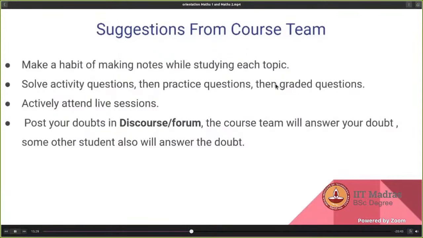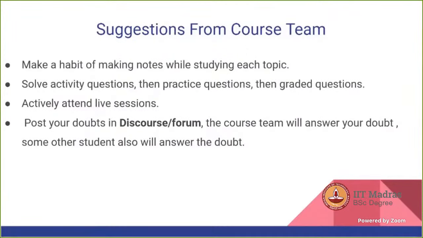Once you try solving by yourself, we will always have 3 live sessions. The first live session is on activity questions, the second is open sessions or division sessions, and the third is solve with us. In solve with us, we come up with some 5 or 6 questions, and you sit with us, solve with us, and participate actively in how to answer each question. So in a week you have 3 live sessions.